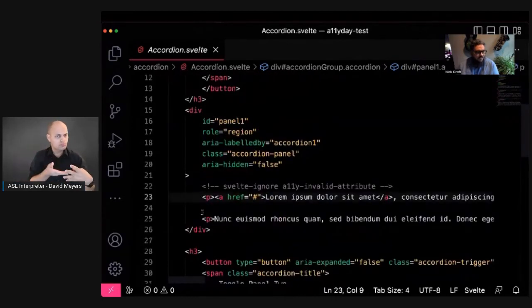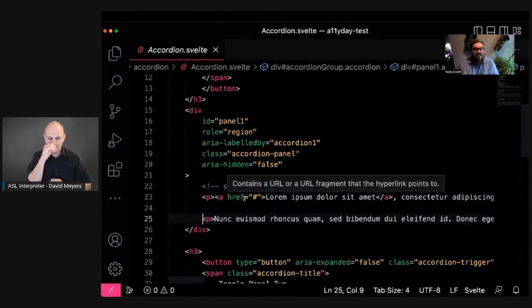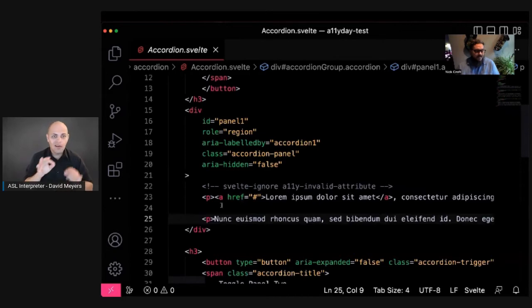Inside of it, we just have a little bit of HTML, a couple of paragraph tags with some Lorem Ipsum and this link tag. We can put any kind of HTML inside there that is acceptable to put inside of a div, which is pretty much any kind of HTML. So you can have images, lists, headings, you can have other divs, spans, tables, forms, whatever you need to put inside of there, it can be added to it.